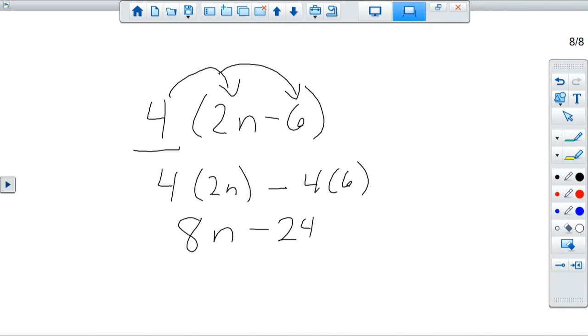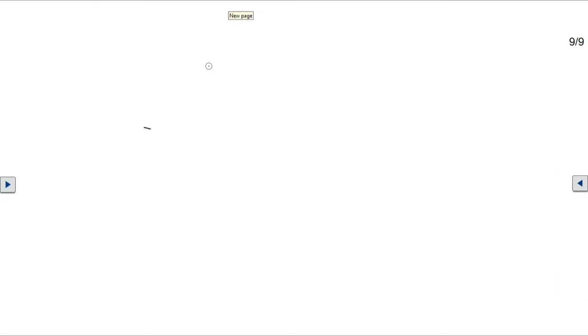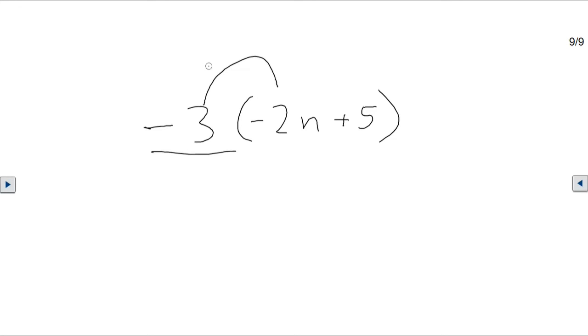Couple things to be careful of on this. Typically where students will tend to mess this up is when we start throwing some negatives in there. So let's say I like -3 parentheses negative 2n, or let's go plus 5 first. Okay, so we've got to be careful of these negatives, right? Again, I'm going to distribute that -3. -3 times negative 2n